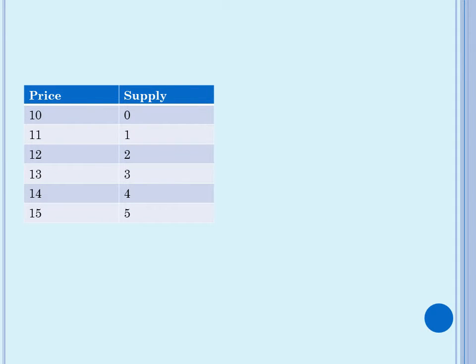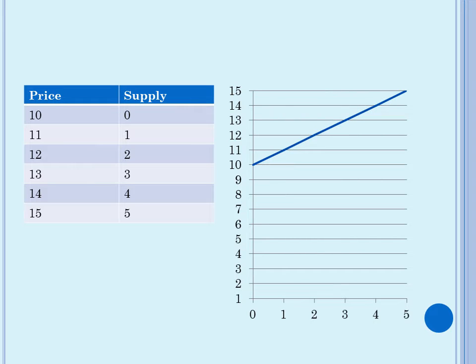So this is the schedule where the price of the commodity and supply are given. At rupees 10 the supply is 0, and at rupees 11 supply is 1, at rupees 12 supply is 2, at rupees 13 the supply is 3, at rupees 14 supply is 4, and at rupees 15 the supply is 5. And this is the